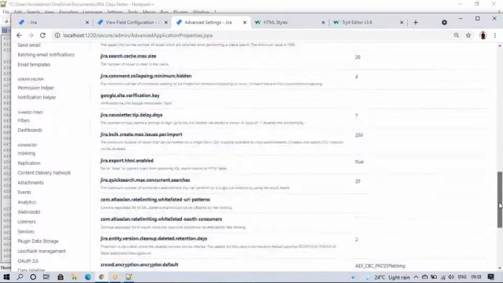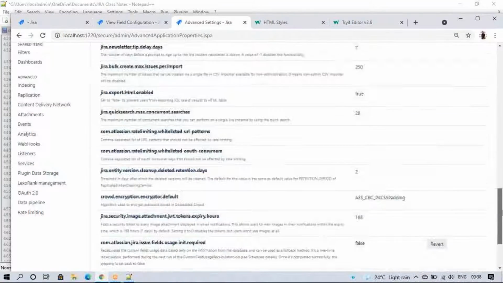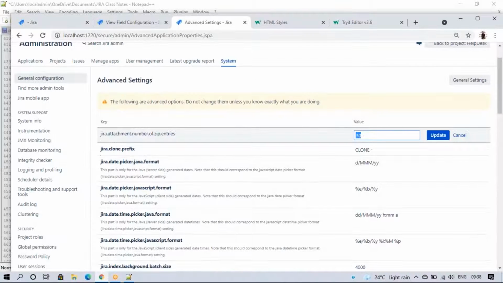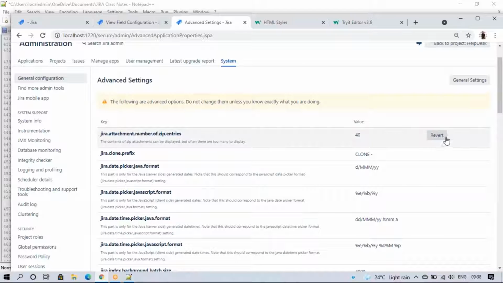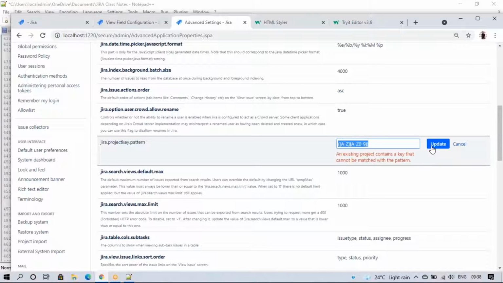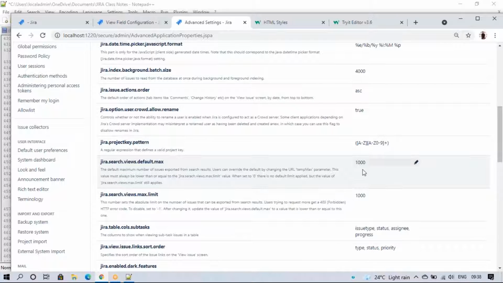And this is all small. I think normally the changes will not come. Suppose if you change anything here, by default the revert option will appear. So example, if I change this to 14, I change default, so the revert option will appear. If I remove the place button and enter update, project contains a key that does not match the pattern. So already a few tickets were created, that's why. But if you change anything,